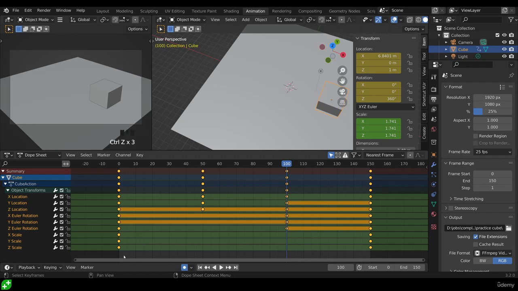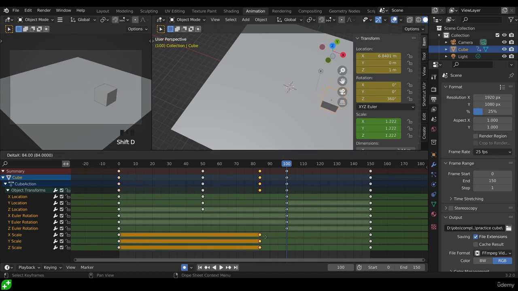Or I can take the scale keyframes by box selecting them like this. So they're all selected there. And I can duplicate them with Shift D. So Shift D to duplicate, drag them across to this one here. And now I know it's the same here as it is at the beginning. So if I click and drag from the beginning, it keeps its scale of 1 and then suddenly scales up